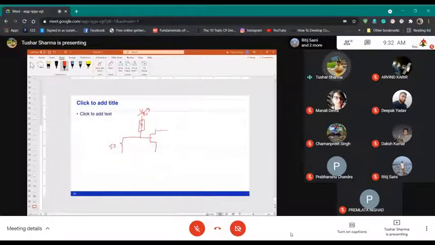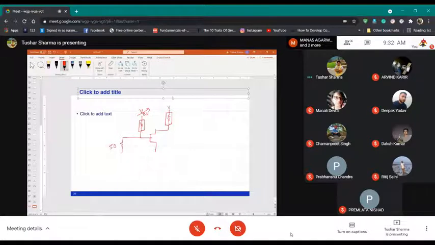Similarly, at the drain, I will put an RF choke. I will sweep my VDS and I will put a current probe and try to measure what current I have. And here I will have DC blocks.